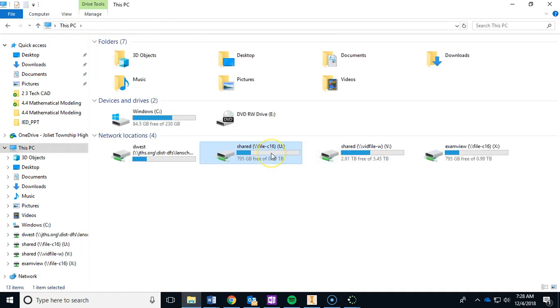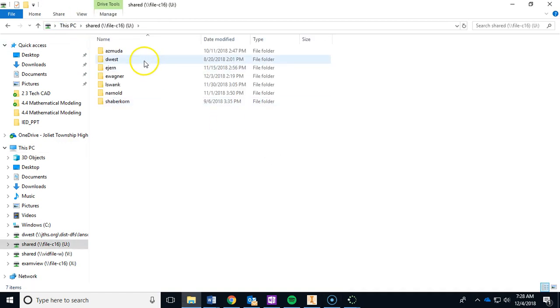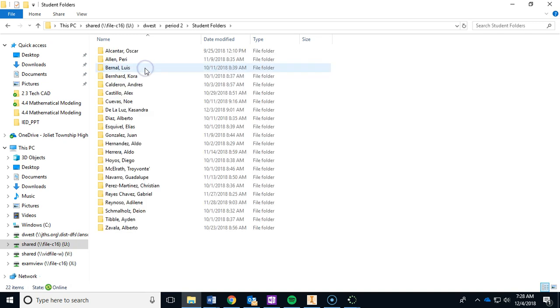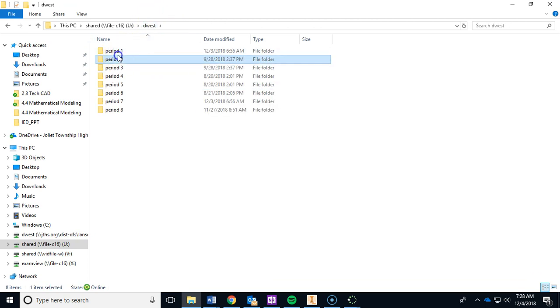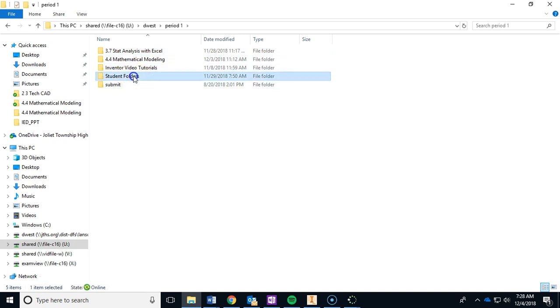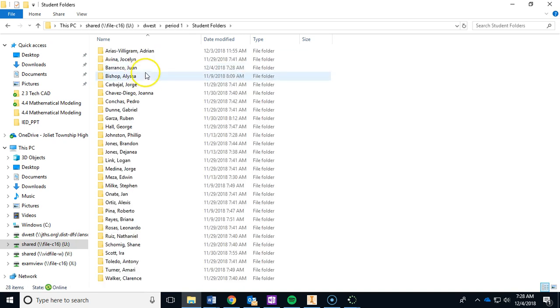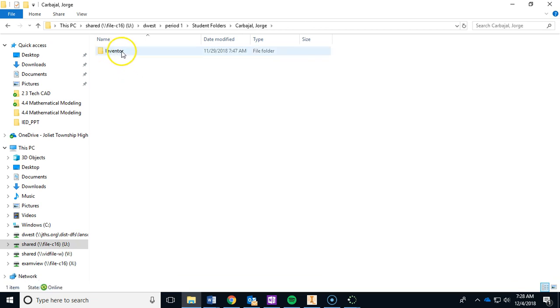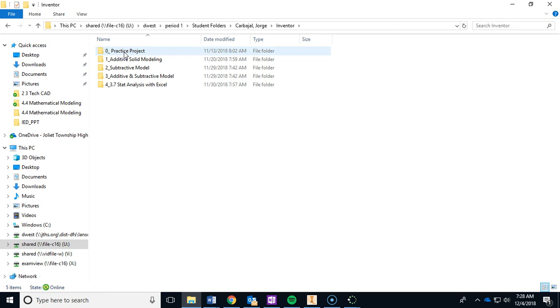Okay, so the first thing you're going to want to do is navigate to our shared drive. Go into your student folder, and you're going to make a new folder for today's activity. Let me go back one step. Sorry, wrong folder. So you're going to go into your student folder, and go into your Inventor folder, and we're going to make a new folder,